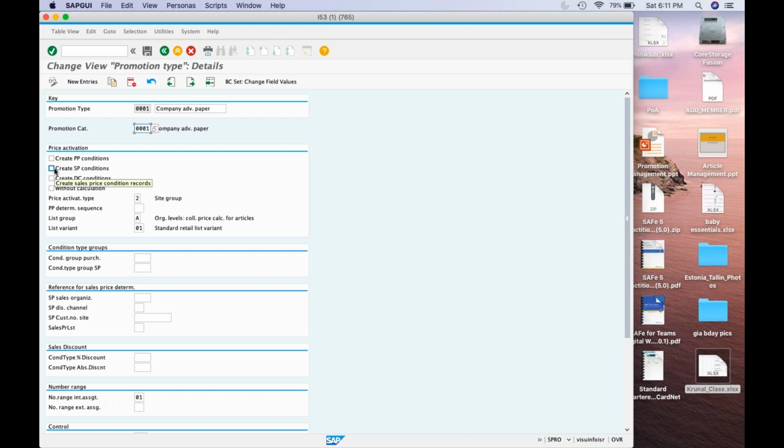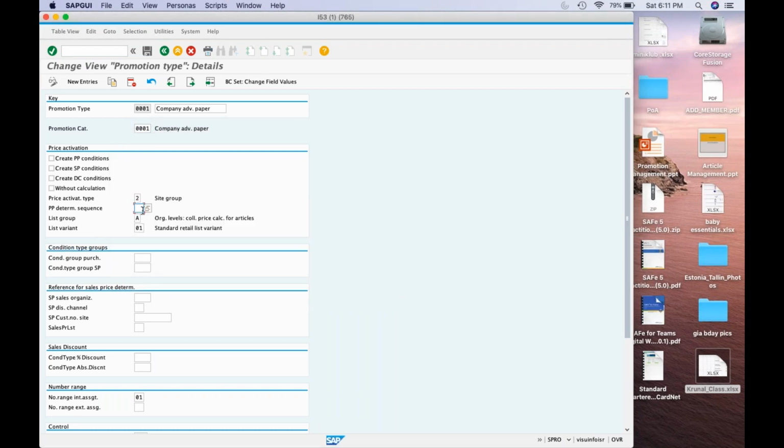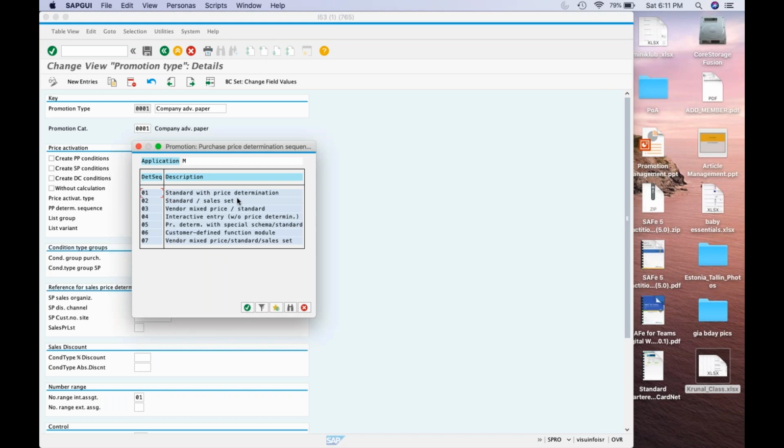price only, right? And price activation, whatever promotion that I'm doing, at what level I need to activate, whether it is for a separate site or for a group of sites or for a distribution chain, for the entire online or for the entire wholesale, at what level I want to activate the sales price, right? And at what level, how do I want to determine the purchase price? Is it the same as the standard, if it is